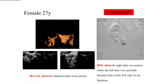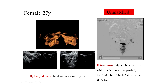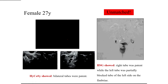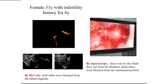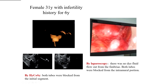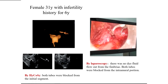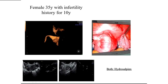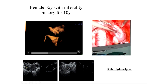But whose diagnosis should we believe? When we checked the image, we found that on HSG there was contrast agent flowing back into the vagina. So we have to consider whether to trust the diagnosis of HSG. Compared with the laparoscopic examination, we get more confidence. For this patient, the laparoscopic examination showed there was no dye fluid flowing out from the fimbria. Both tubes were blocked from the intramural portion. The same result as hycosy. And this patient is about hydrosalpinx. We can see here the dilated tube, as hycosy showed dilation on the left side, and then